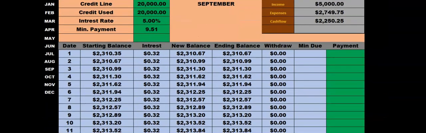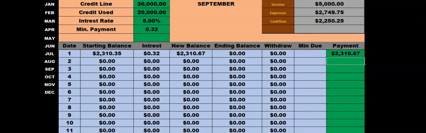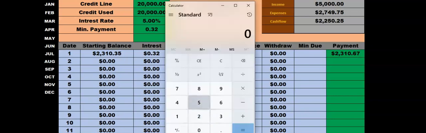Okay, so September, the income $310.67 will go in. We take our 5,000 income, subtract $310.67. In our checking account, we'll have $2,689.33. On the first, we won't withdraw from the line of credit the